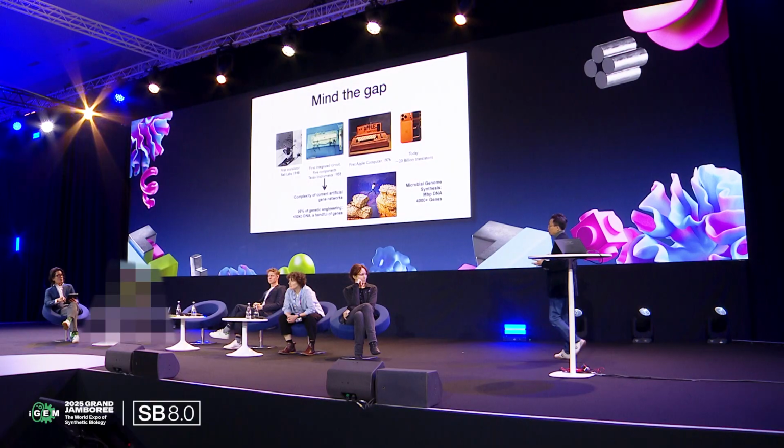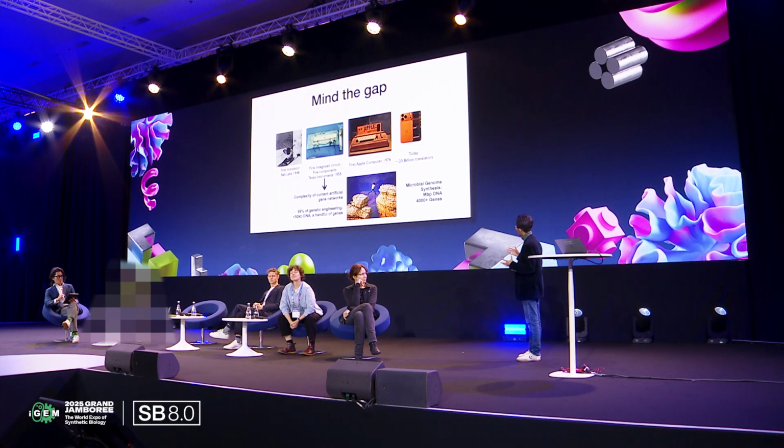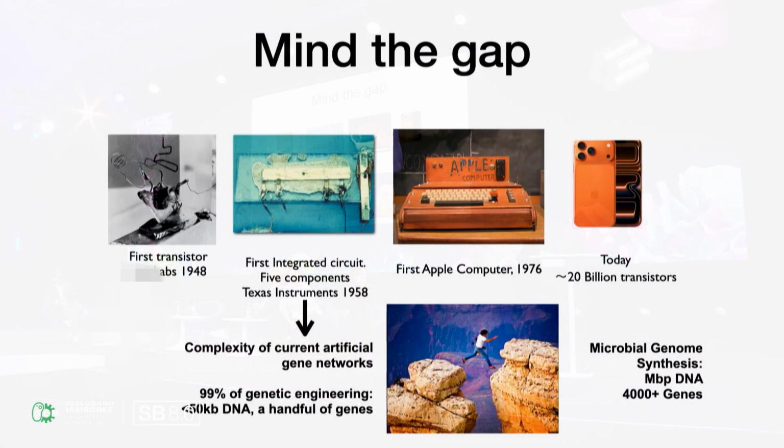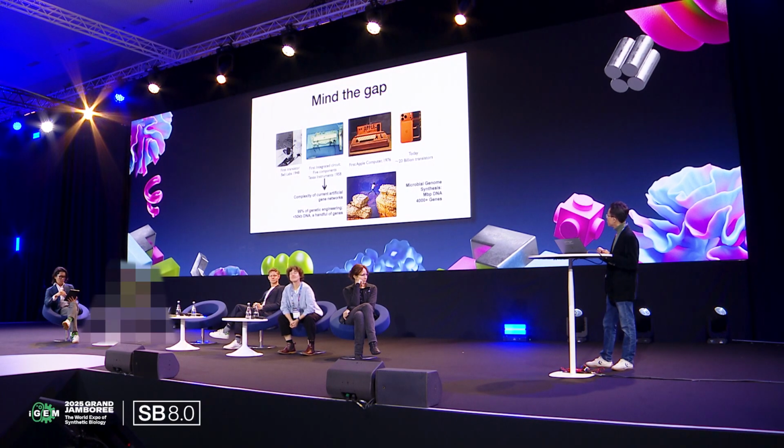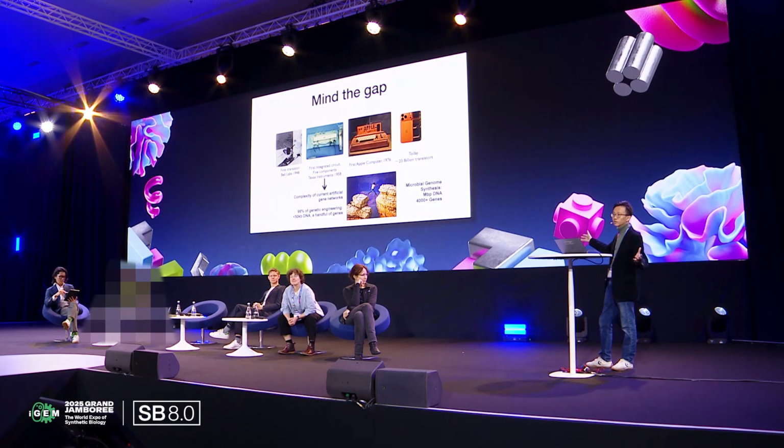And this is equivalent to the first integrated circuit in 1958. So if we really think about building a microbial genome like Jason was talking about, I just want to remind you there's a huge gap in between, right? We're talking about million base pair DNA needed, over thousands of parts you need to put together and understand and try to build a new system. And so you basically need to make a leap of 100-fold increase.